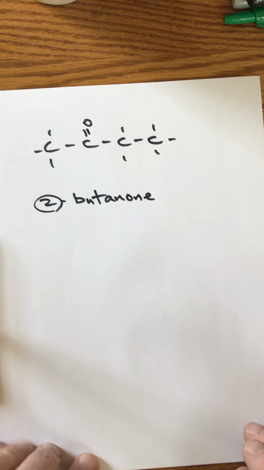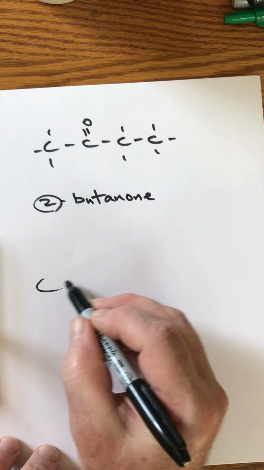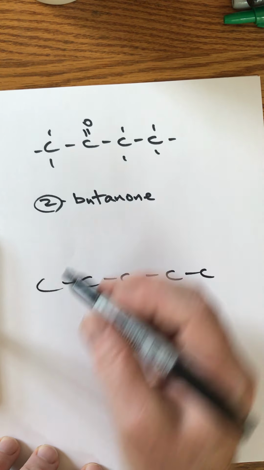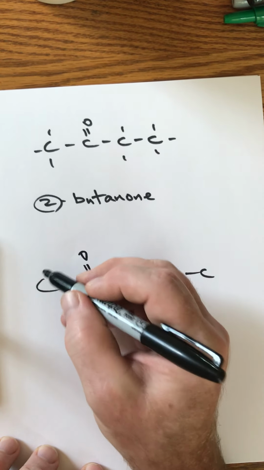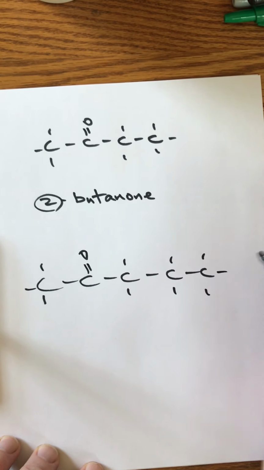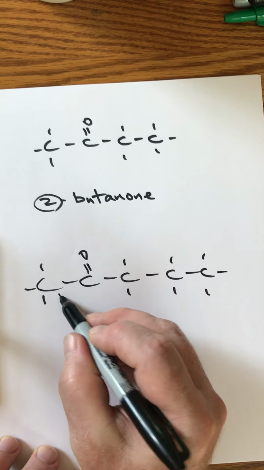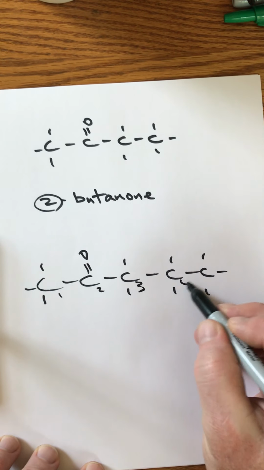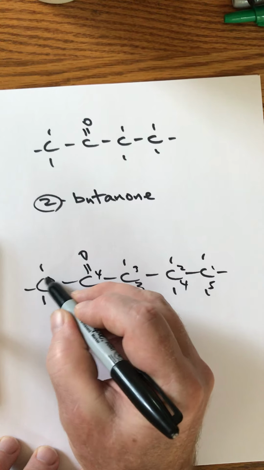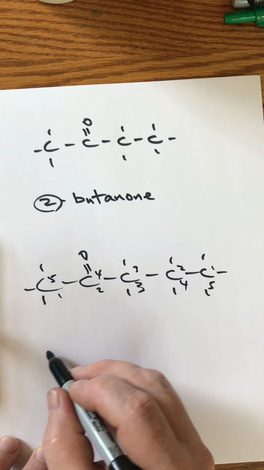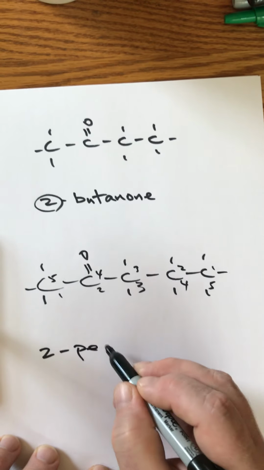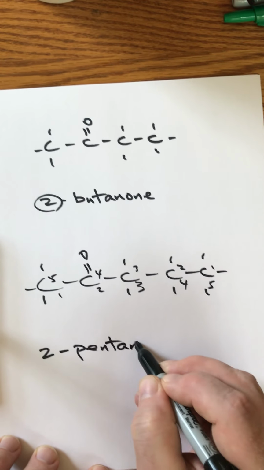But after I get up past 4 carbons, 1, 2, 3, 4, 5, let's put it here. Five is pent. 1, 2, 3, 4, 5, or 1, 2, 3, 4, 5. 2 is lower than 4, so I would call this 2-pentanone,